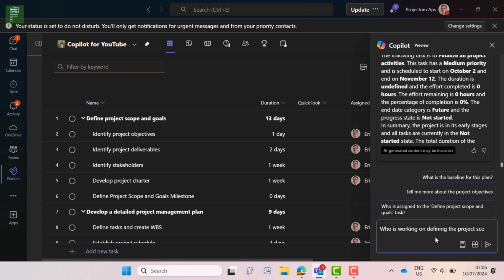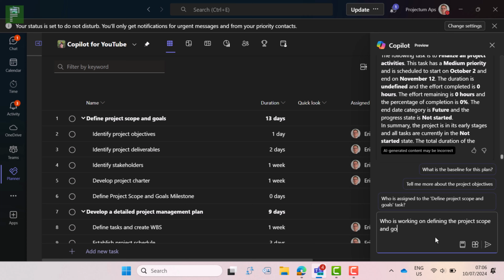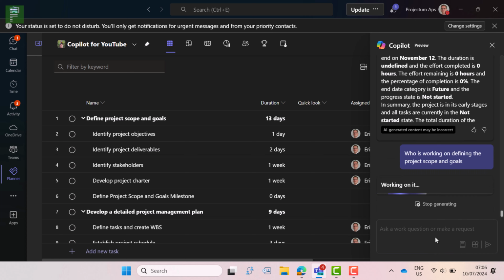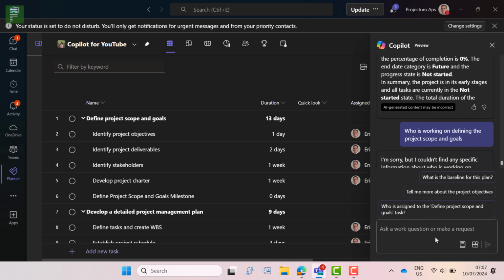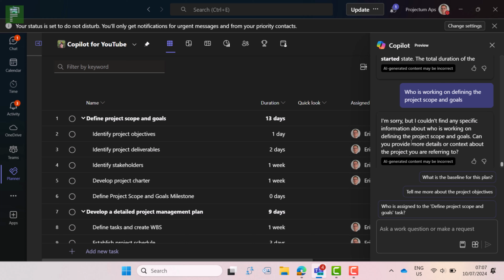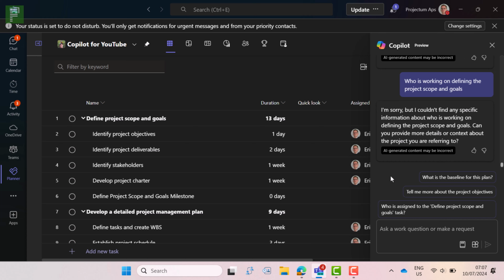So the last line here is, okay, well, the early stages is not started, and total duration of the, and there it cuts off. It also still uses every line in the project. So who's working on defining the project scope and goals? I'm sorry, I can't find any specific information. Really interesting,